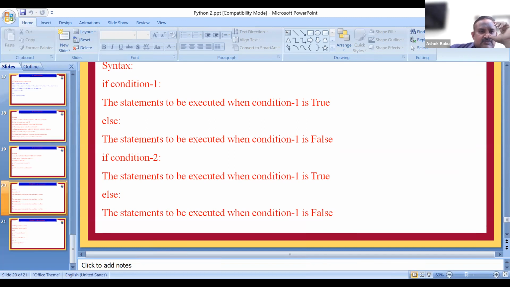For that, first we need to define i and we need to define j. Here i is one variable and j is one variable. So i is equal to int of input of enter some i value. The i value may be some integer. Suppose we give the i value as 20. Then j is again an integer, int of input of enter some j value. Let us assume the j value is 10.